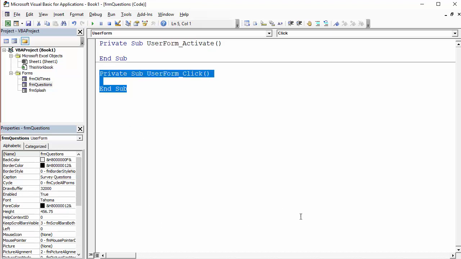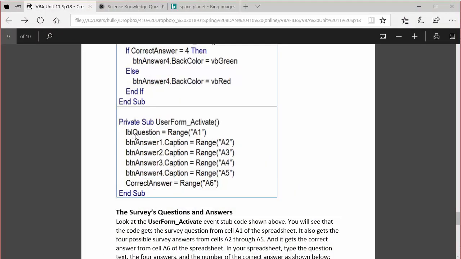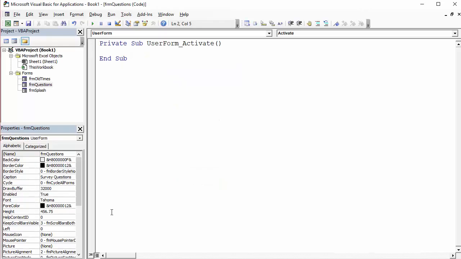And what we're going to do, I'm going to delete the user form click, so we're not doing anything with user form click. And what happens in here is we can change the look and feel of our user form if we want to. So one of the things I want to do is get that label. And if I try typing the code here, I'll see that I don't have the code complete. If I say LBL question equals range A1, LBL question dot,